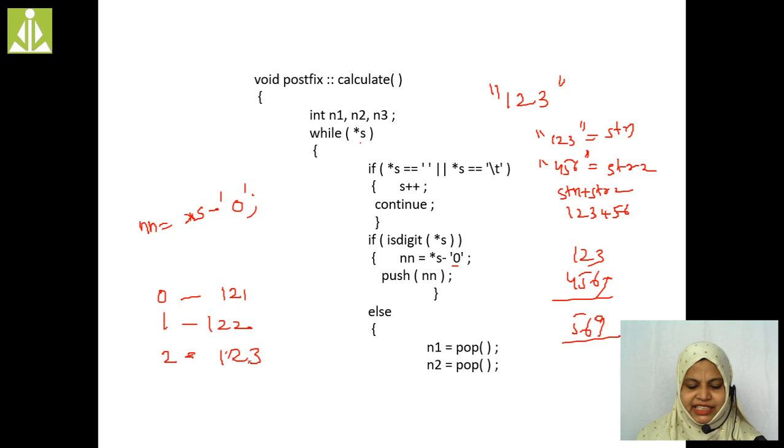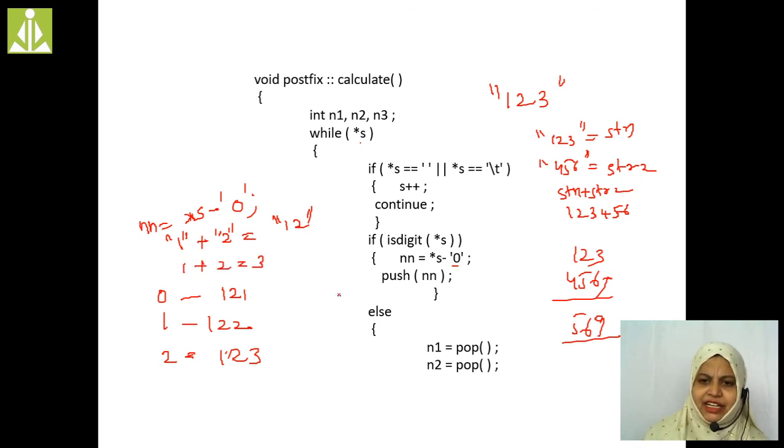1 2 3. Right? Now if I am going to perform an operation here, '1' is one character, '2' is one more character, then 1 plus 2 is '12' only. Here '1' is one string and '2' is one more string, so if we add '1' plus '2', this is '12'. If it is an integer, 1 plus 2 is equivalent to 3. So here we are giving this 1 comma 2 in terms of integers.